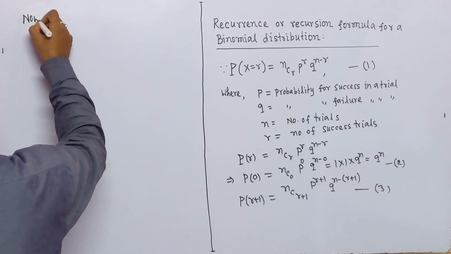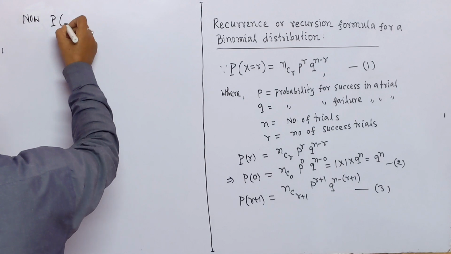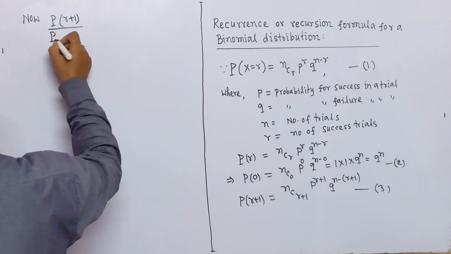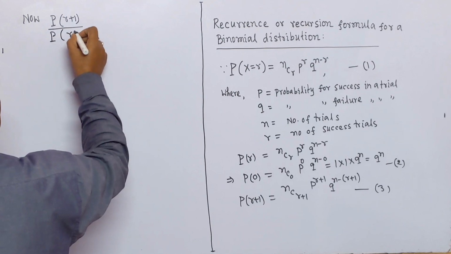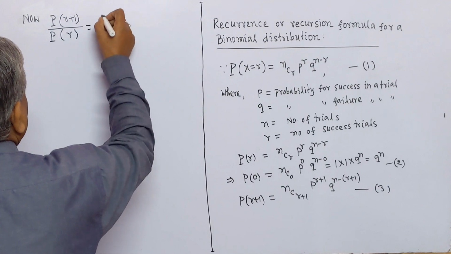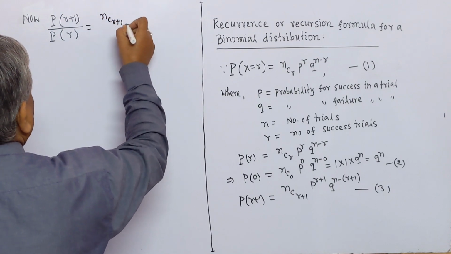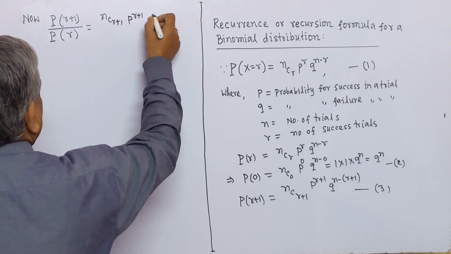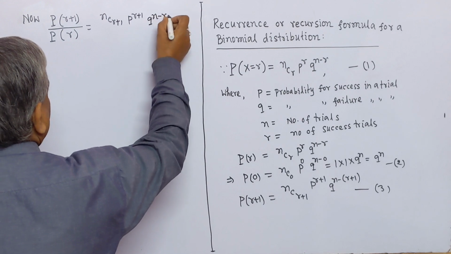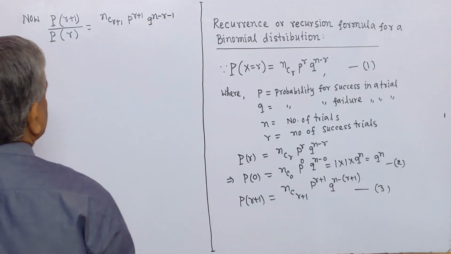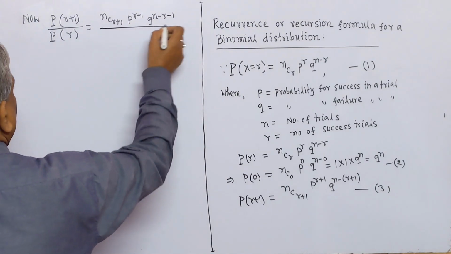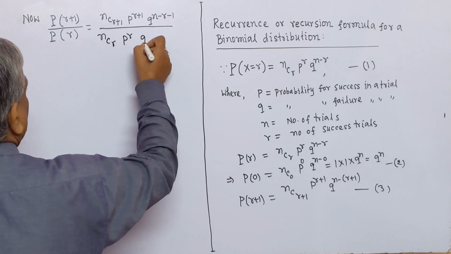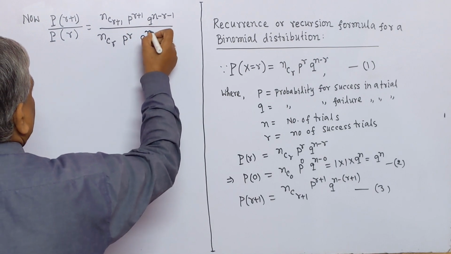Now, probability for random variable r plus 1 by probability for random variable r will be nC(r+1) p^(r+1) q^(n-r-1) by nCr p^r q^(n-r),